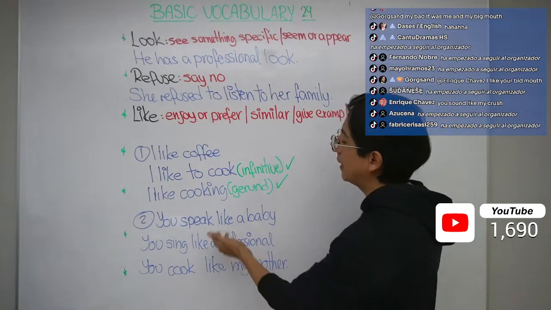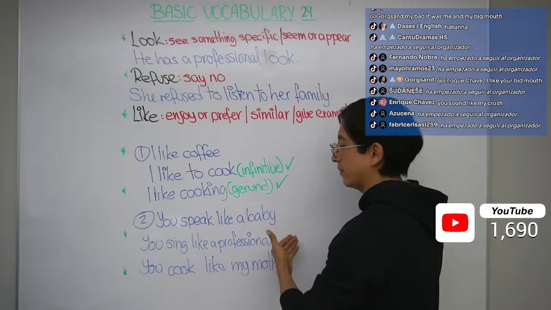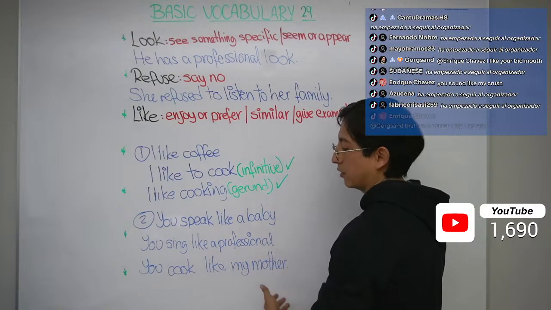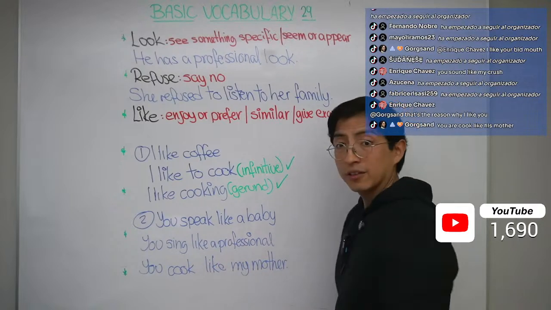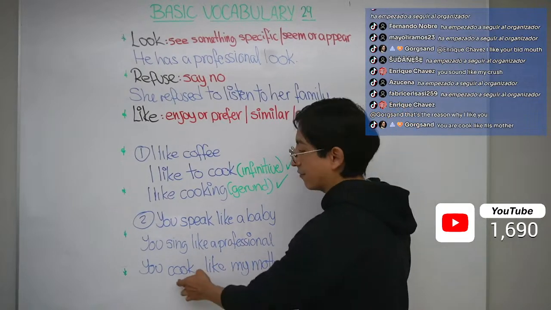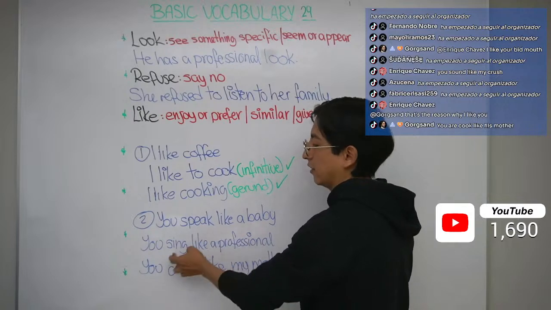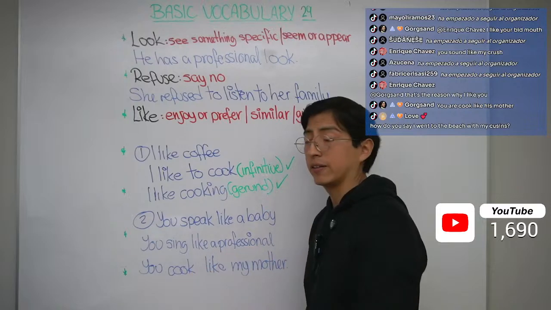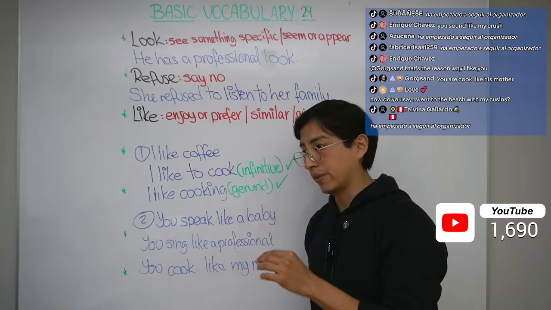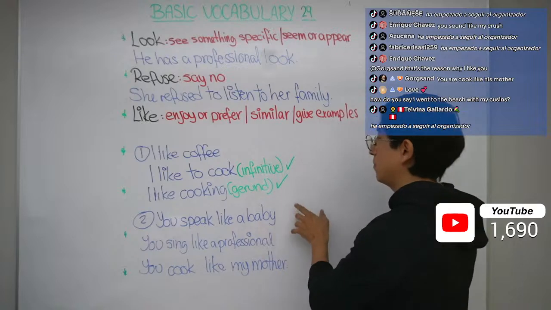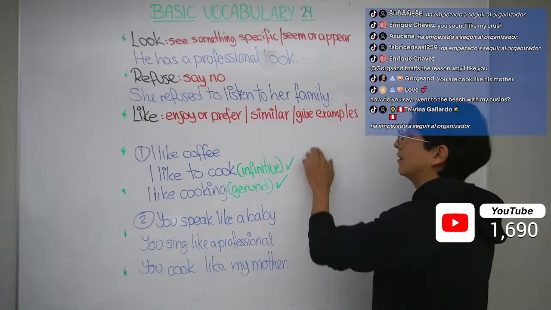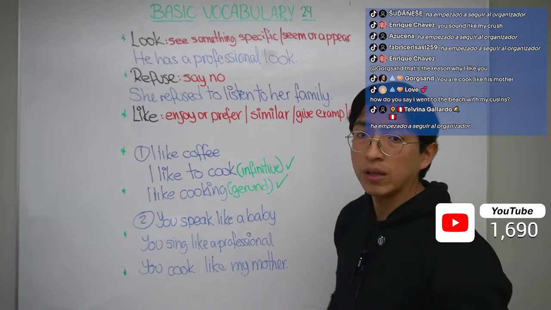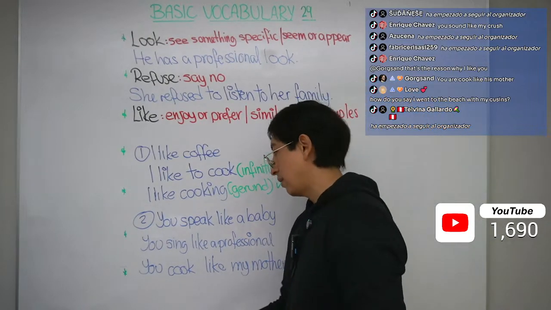Like a baby, similar to a baby. Like a professional, similar to a professional. Like my mother, similar to my mother. So remember, we use this after the verb: speak like, sing like, cook like, look like. We use this for everything. That is the second meaning. And now the third meaning is when you want to give examples. Maybe you can say